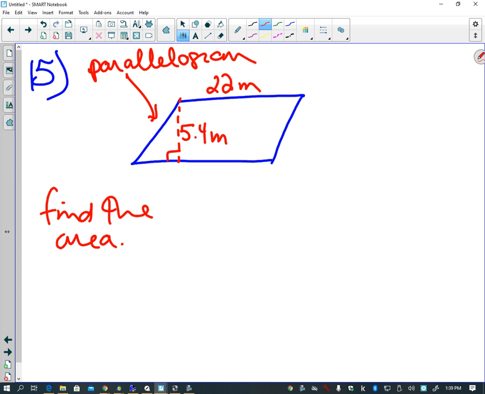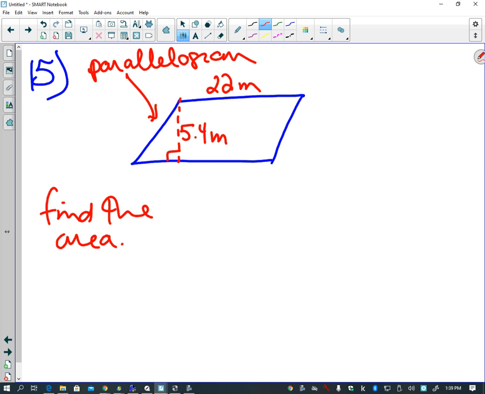Okay, the fact that it says it's a parallelogram is really important. Let me see if I can show this to you in a way that will help you remember how a parallelogram is going to work. You see this dotted line here? That's where they make the height line. Imagine that's on a sheet of paper. Whenever you see a dotted line, a lot of times they show it as a line where you can cut, right? So if I were to take a pair of scissors and cut that,